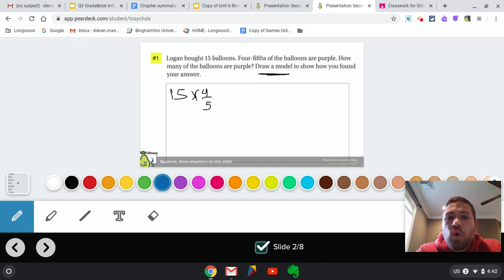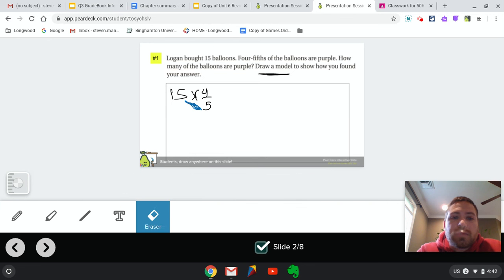Remember, this picture is only going to work when the denominator can go evenly into the whole number. So this works, right? 5 goes evenly into 15. So the picture will work nice and easily for us here. So for us, we're starting our picture. Let me just erase this. We're starting our picture by drawing